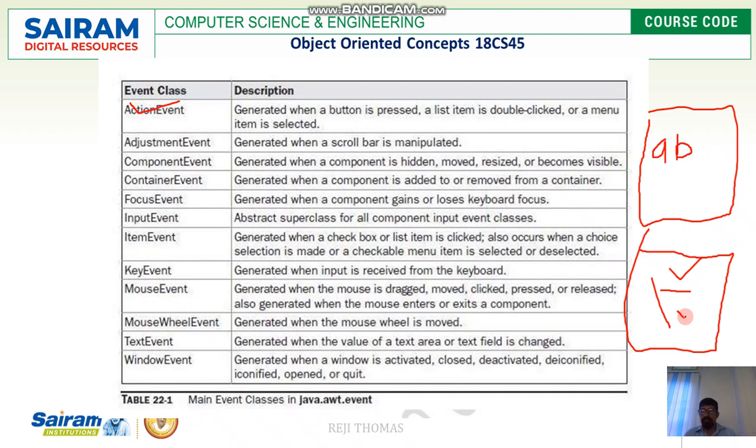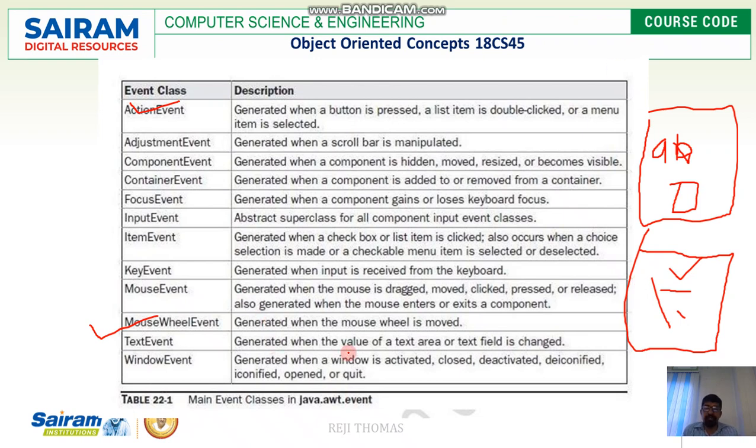Next one is mouse wheel event. This is generated when the mouse wheel is moved. It's not mandatory that when you select an item, the mouse wheel gets moved, but there are certain cases where you have to move the mouse wheel. When you do, an event is created and we call it a mouse wheel event. Next one is text event.